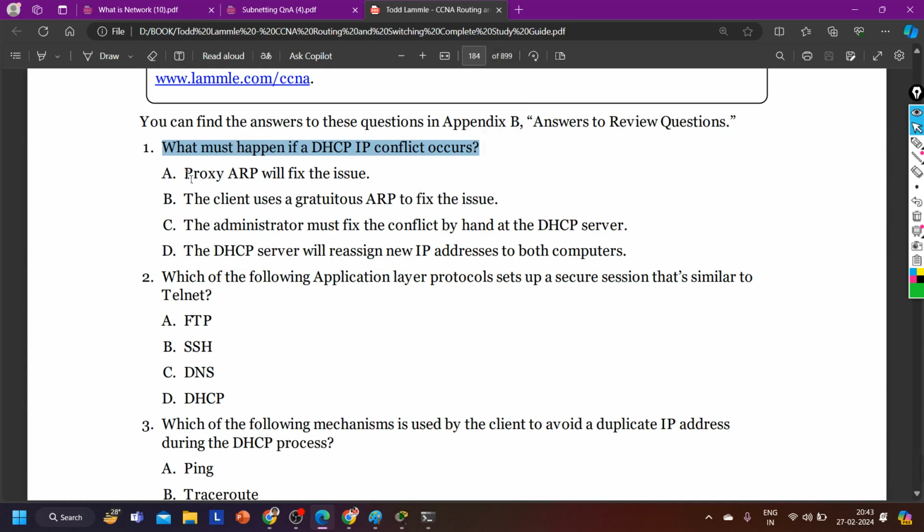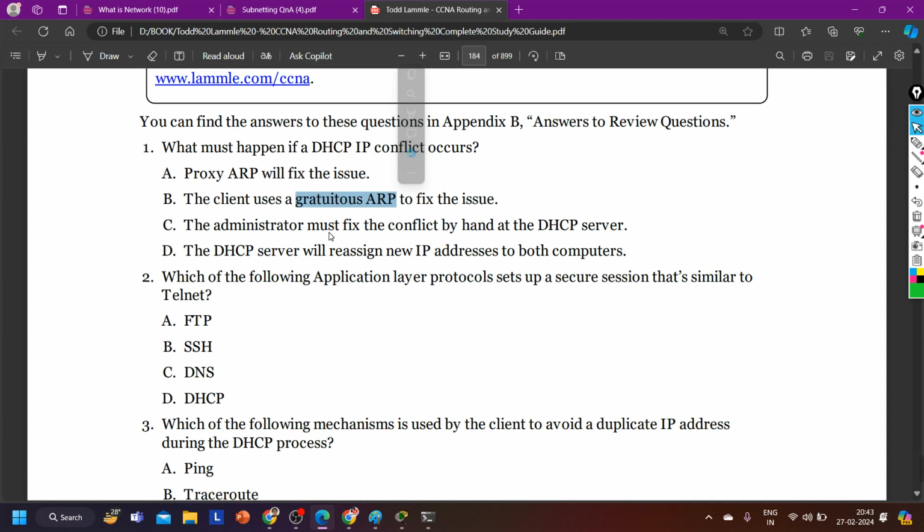Have we discussed up to proxy ARP? No, we have only covered ARP till now, I think. And why does a client use gratuitous ARP, guys? What is the purpose of gratuitous ARP? Because we have already covered it, that's why I'm asking. I think the DHCP server will reassign